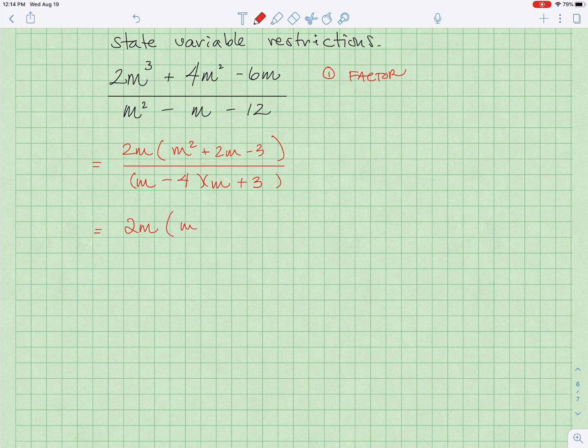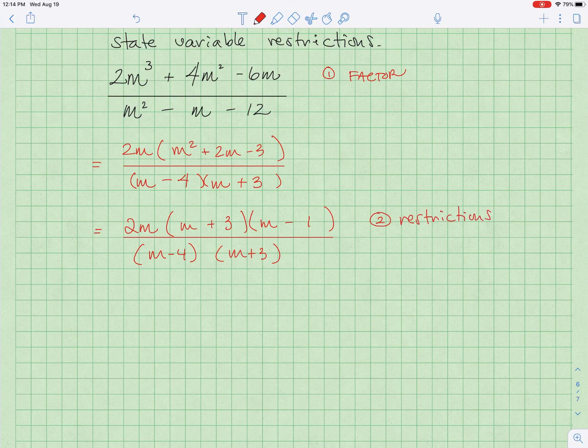2m squared. The top I'll try to reverse FOIL as well here. And I think if we have a positive 3 and a negative 1, the numerator will factor as such. And then we have m minus 4 times m plus 3 in the denominator. So, step 2,